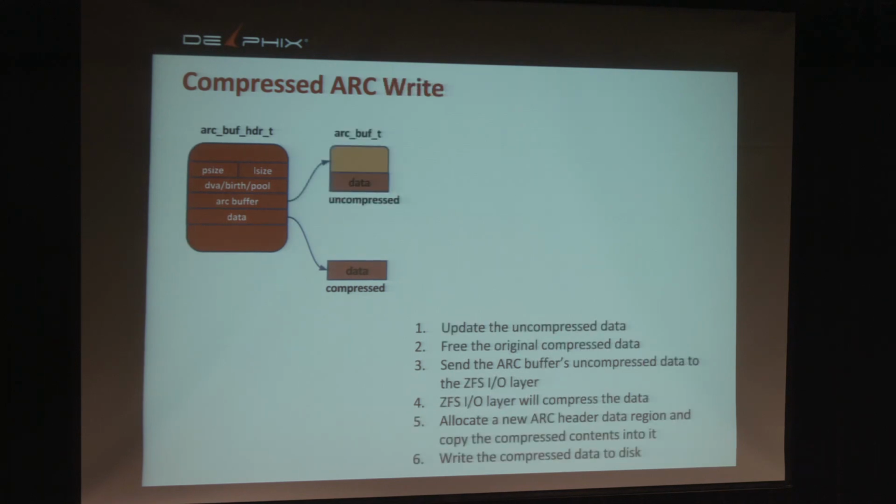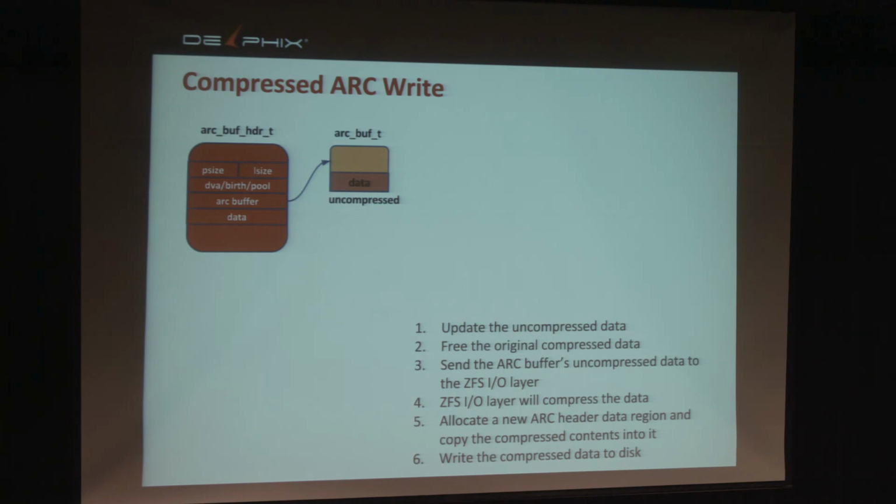Writes, however, are a little bit different. We want to make sure that we can maintain the compressed data in the ARC so that after you've done the write, we have the exact same data that's on disk. The way we achieve this actually is quite interesting because we can use the I/O pipeline callbacks to be able to store this data. So when we come in, we start off with an ARC buffer that already has the changed and modified data. We have the compressed data, which is now stale. So we simply free it, and we're going to reallocate it once we have written the new data, or actually